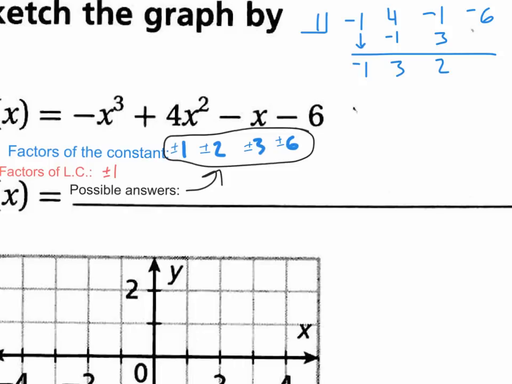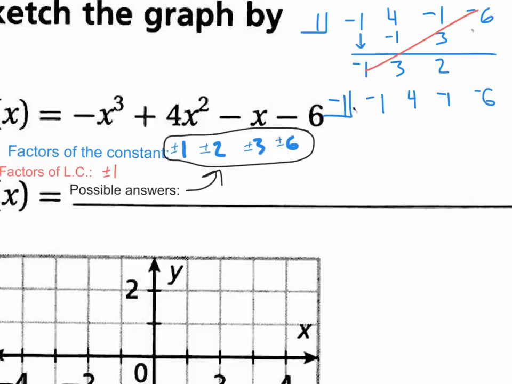So that did not work. Sorry. Okay, so 1 doesn't work. How about we try negative 1? Hopefully that'll work. Let's try a negative 1 inside the box, and we have negative 1, 4, negative 1, and